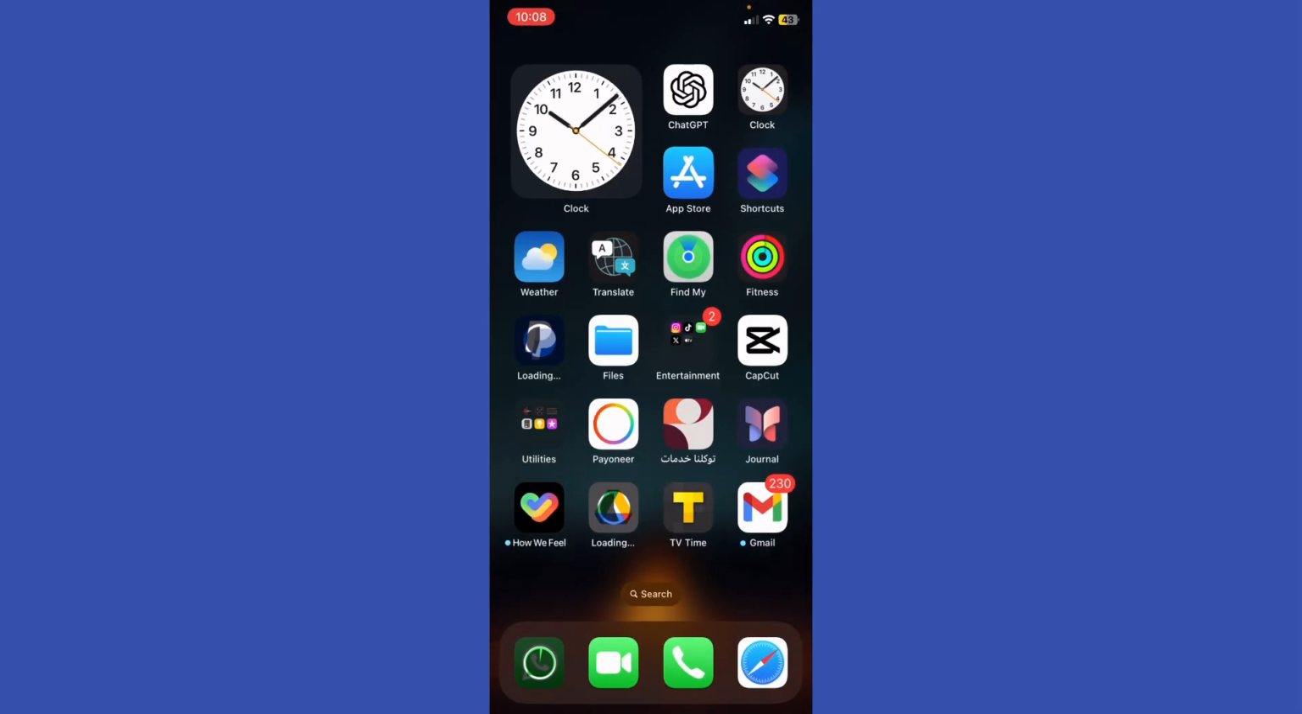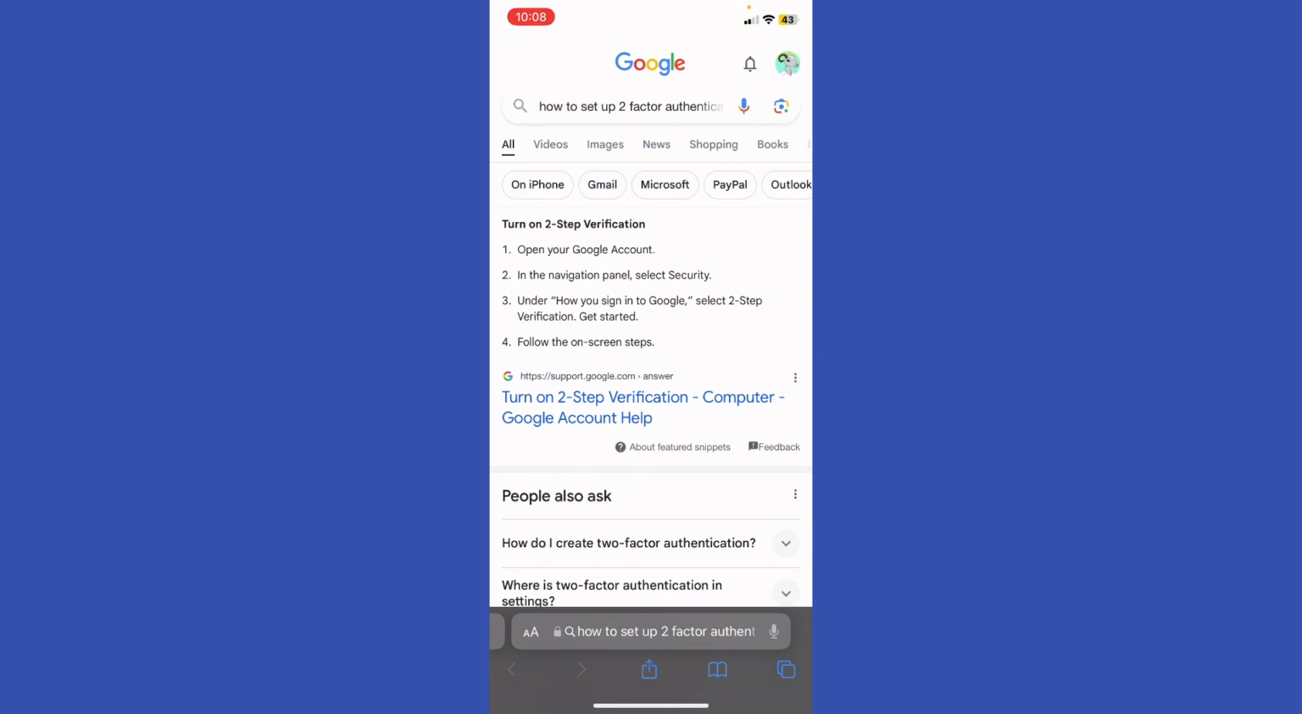And secondly, you can just go back to your screen and then follow along the on-screen instructions by going to a Google browser, a Google account, and then in the navigation panel select security, and then you're going to be able to see under how you sign in to Google. If you scroll a little bit down, select the two-step verification, get started, and you're going to be able to follow